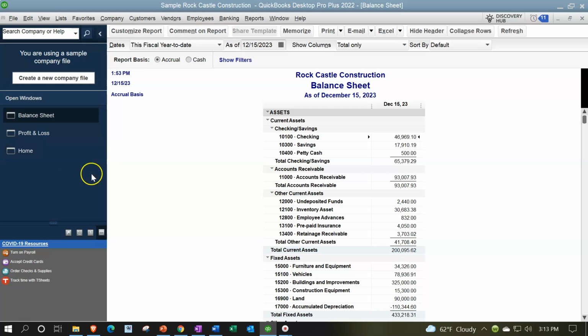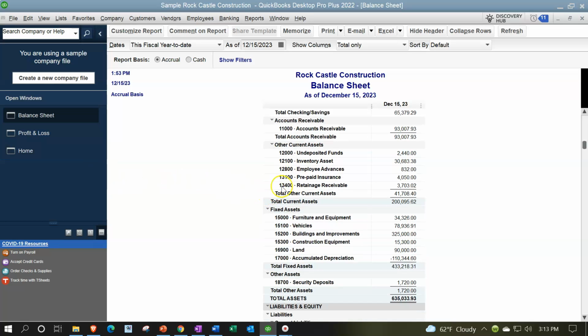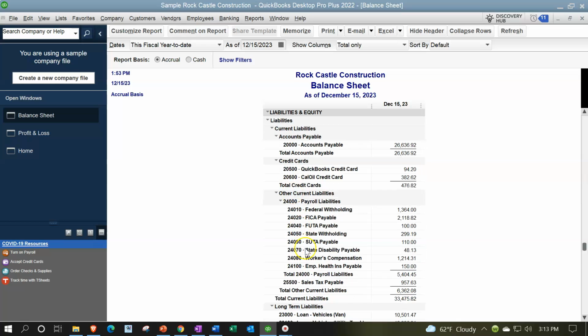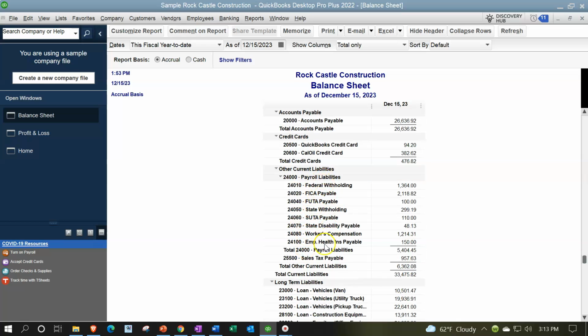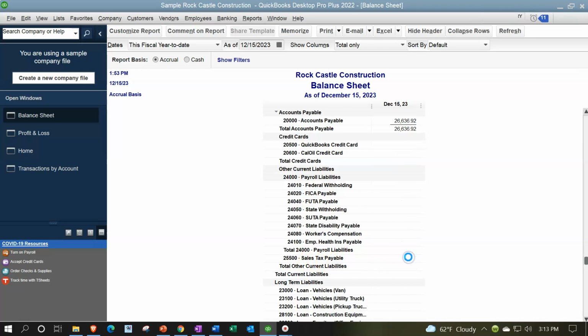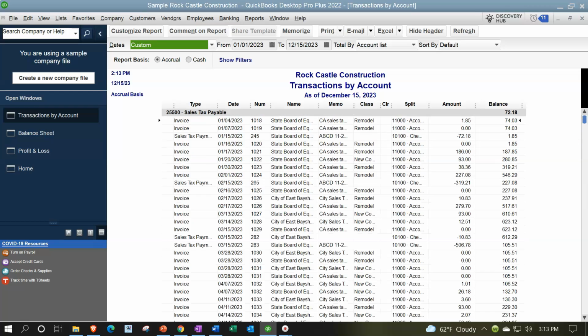Going back to the balance sheet to look that up, that's going to be in the other current assets somewhere, or I'm sorry, in the other current liabilities typically. The payable accounts, it's a type of payable account. There it is, sales tax payable. So there's the sales tax payable, and if we go back down to that